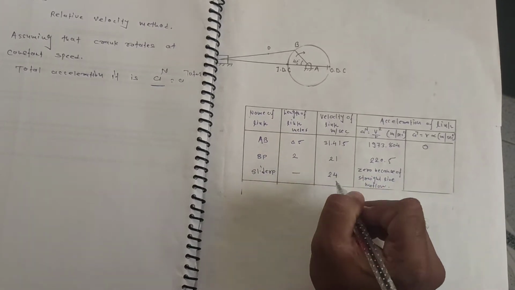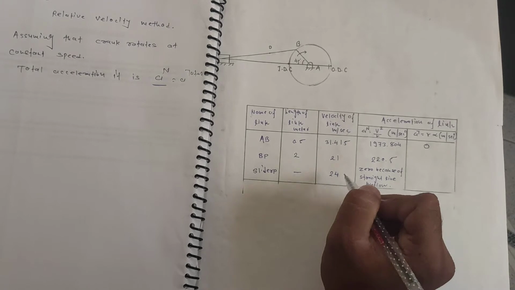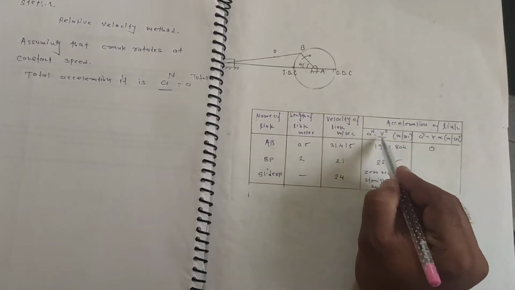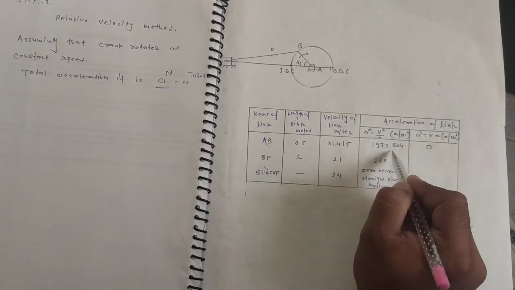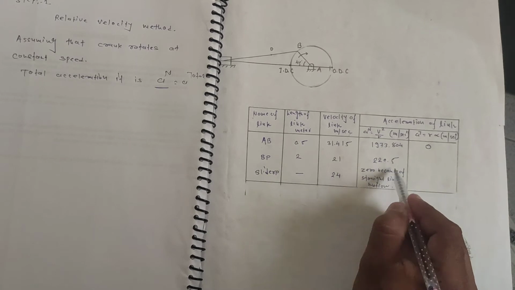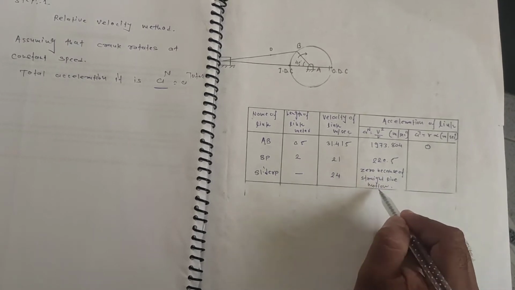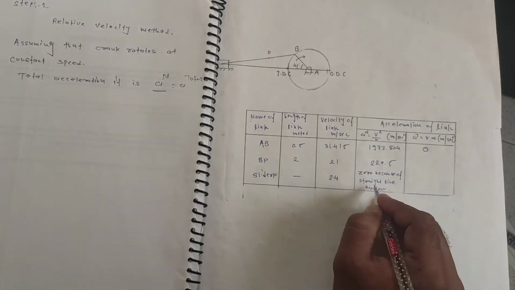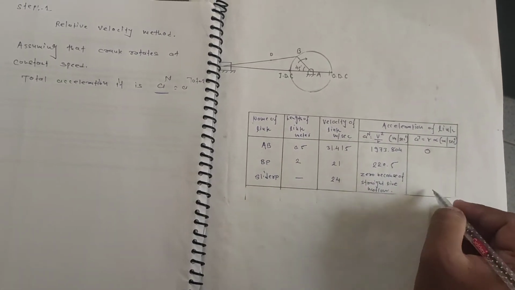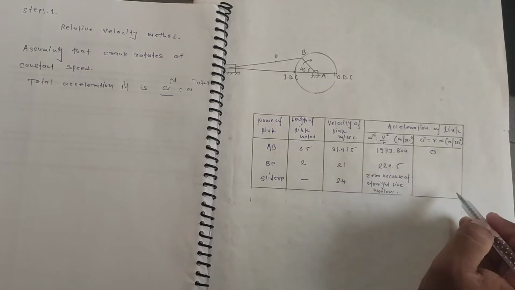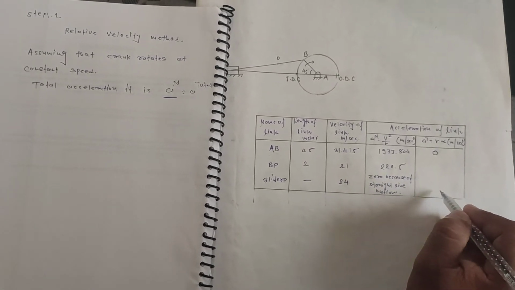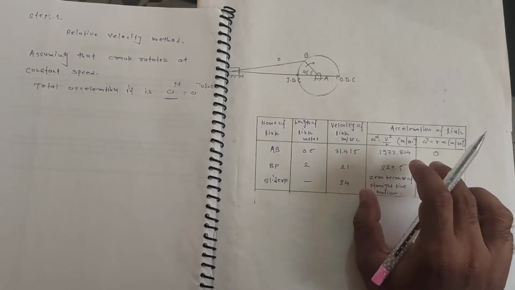This is the thing, 21, 24. Okay, then from the calculation, normal acceleration is v square by r. So this is the v and this is the r. This is the value for the BP length, and 0 because of the straight line motion. The slider moves in a straight line, so its normal acceleration may be considered 0, while the tangential acceleration may be something. So at that time we have to consider total acceleration equal to tangential acceleration. Okay, so this is the diagram.